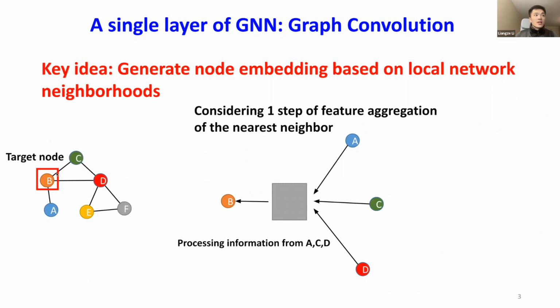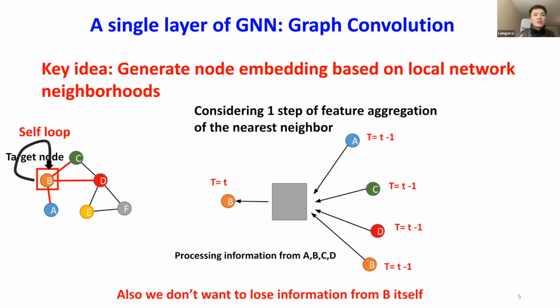Let's just take the node B. If we want to get an embedding for the node B, what information does it contain? Of course, it contains all of its neighbors, right? B has three neighbors, which are A, C, and D. So just like a generic neural network process, we take these three neighboring nodes, A, C, and D, and